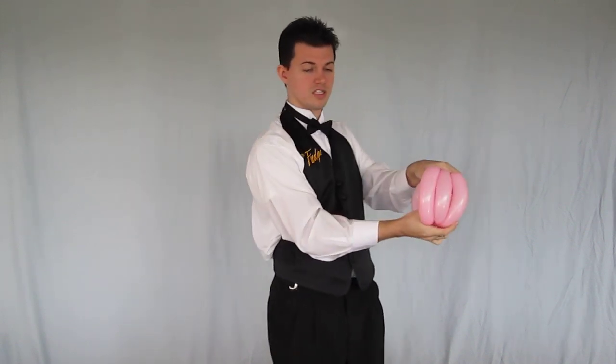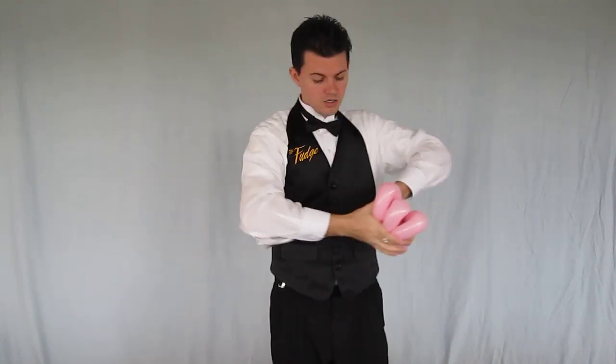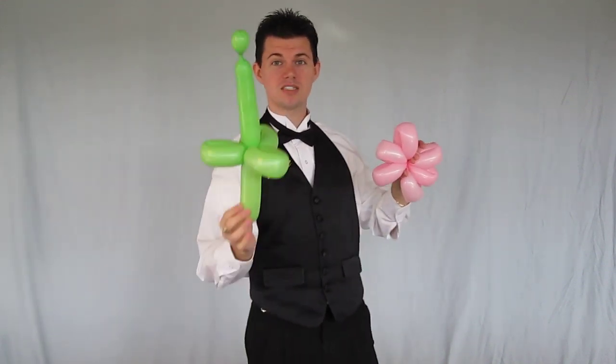At that point, you make your letters. I put my thumbs in the center and fingers in the center, and I push so that I get 3 loops on one side and 3 loops on the other. And try to grab it with one hand if you can, because at that point you can take your other hand away, grab it, and twist. And it only really takes 1 twist for this, but if you can get 3 or 4, all the power to you. So I'm going to grab it with one hand, twist it just like so, then I pull up my stem,